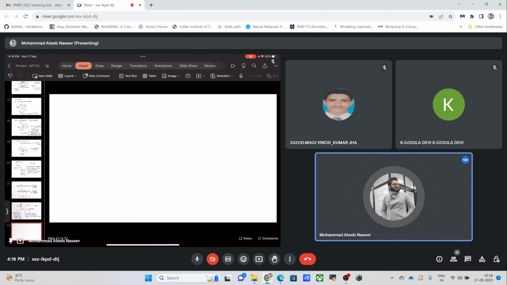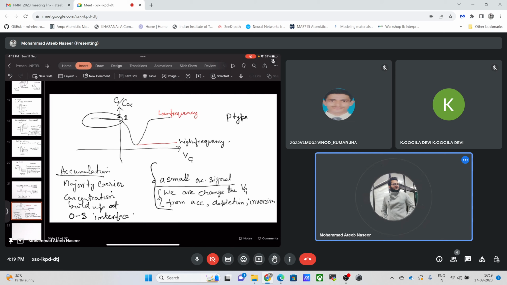So two capacitances are coming to us, which are basically in series. We are having the oxide capacitance and we are having the semiconductor capacitance. So that is coming to our rescue. This means that this dip you are seeing over here is associated with the